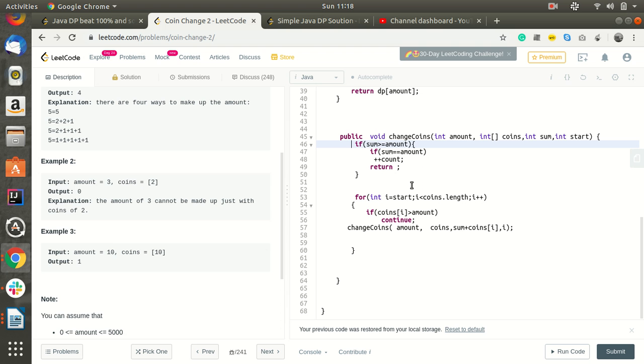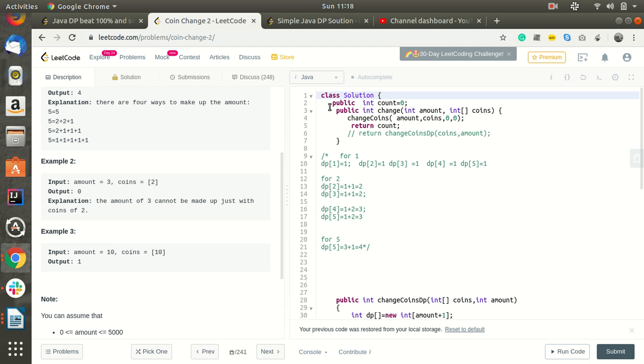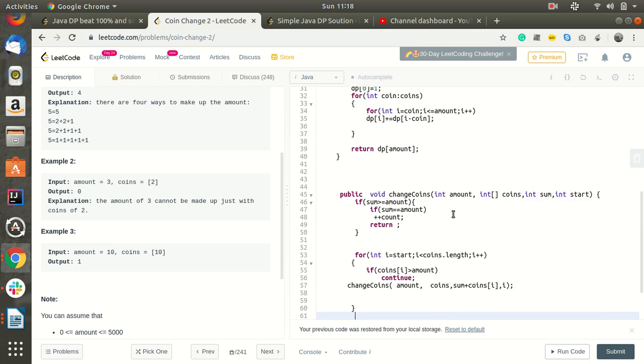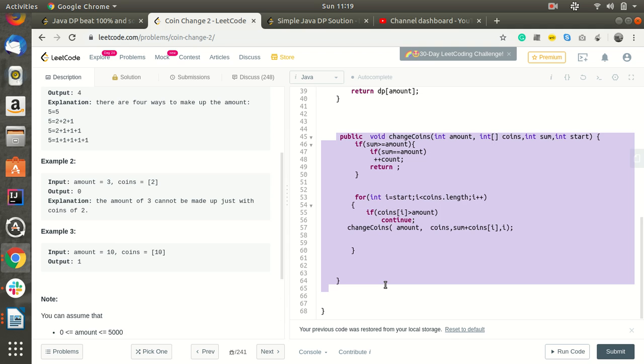We have declared a count variable over here, which contains the count of those values. So this function is not returning anything, because it is incrementing the global variable count.